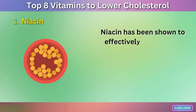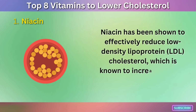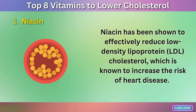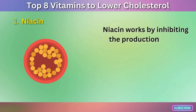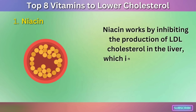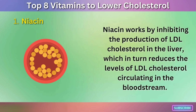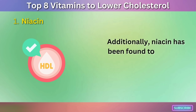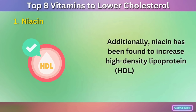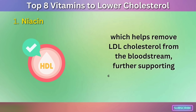Niacin has been shown to effectively reduce low-density lipoprotein, LDL, cholesterol, which is known to increase the risk of heart disease. Niacin works by inhibiting the production of LDL cholesterol in the liver, which in turn reduces the levels of LDL cholesterol circulating in the bloodstream. Additionally, niacin has been found to increase high-density lipoprotein, HDL, cholesterol, which helps remove LDL cholesterol from the bloodstream, further